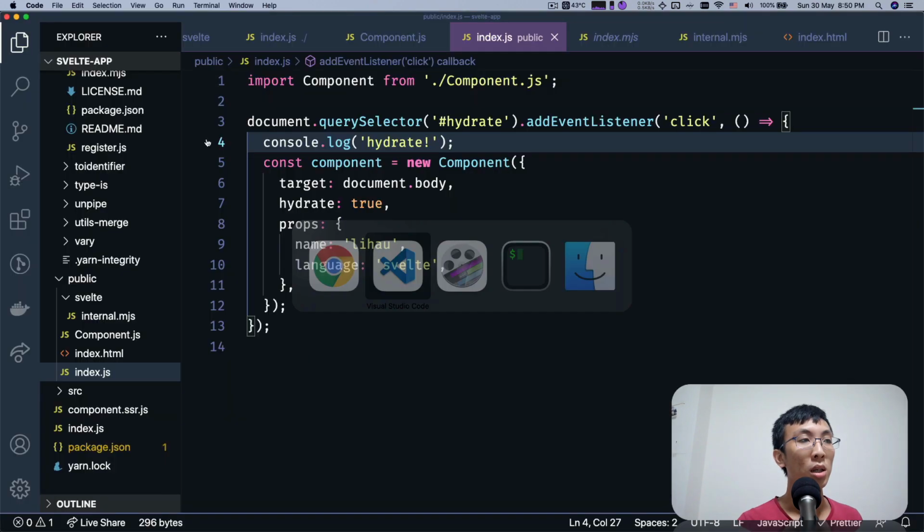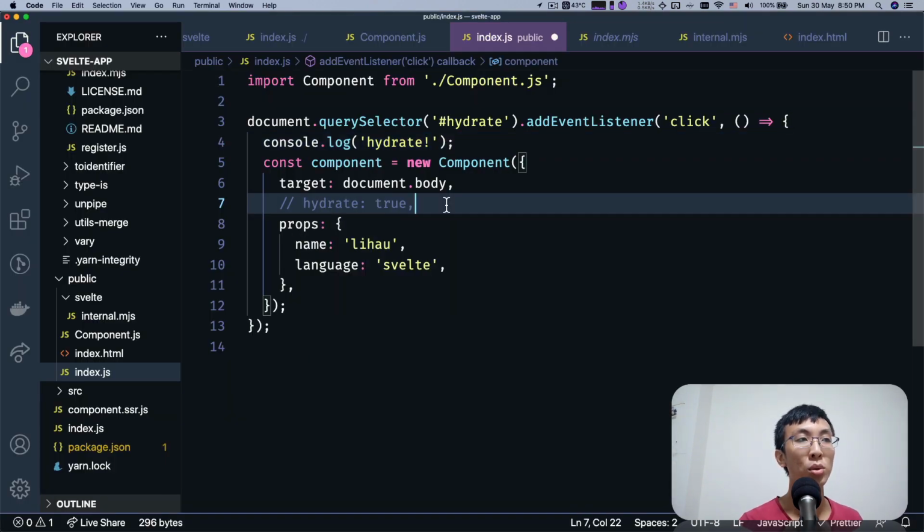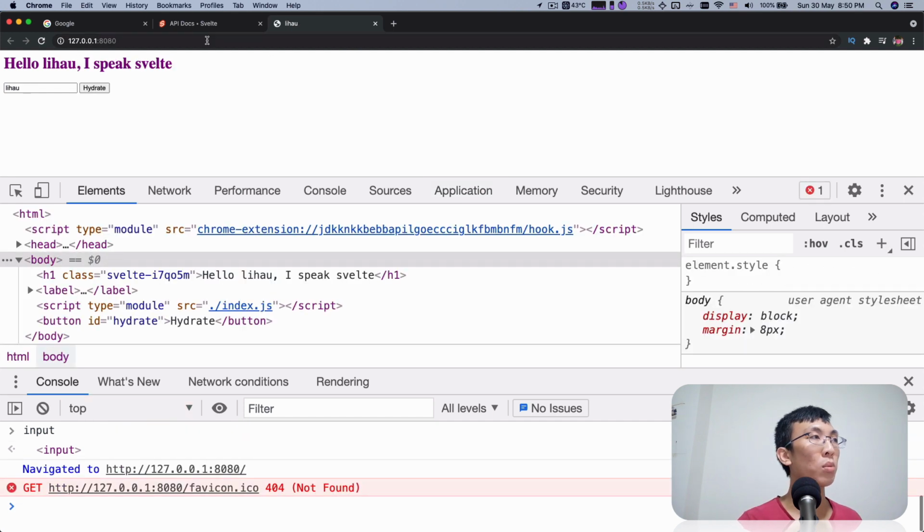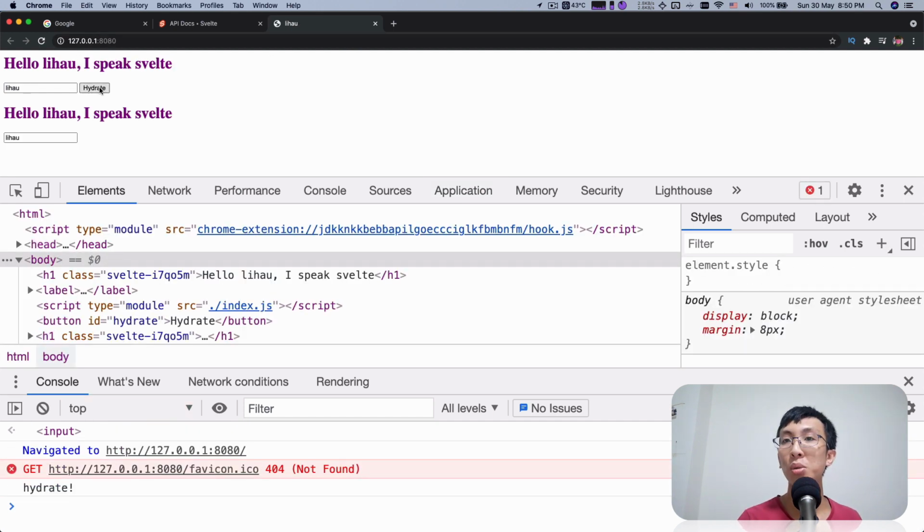So if I don't have hydrate set to true, what it means is that you ask Svelte to actually recreate this component. And rather than reuse, what Svelte will do is create a new set of elements inserted at the end of the body, right? We learned that we can have as many elements as we want on the screen. When you create a component, your mount component actually will insert at the end of the children, right? So if you don't have hydrate, this is what's gonna happen.